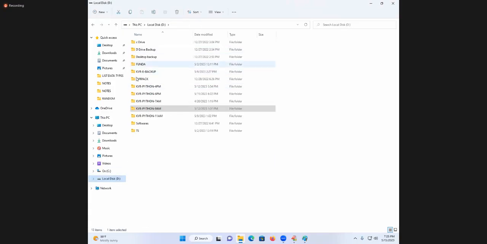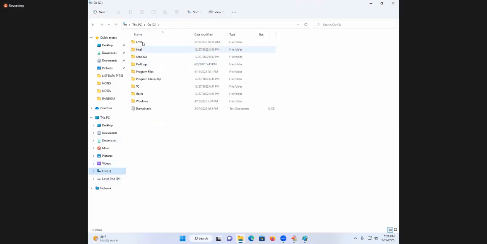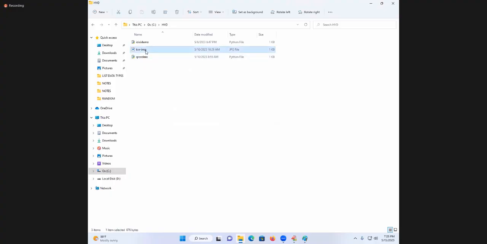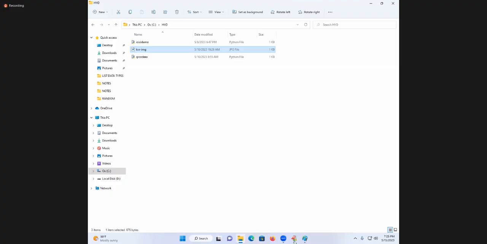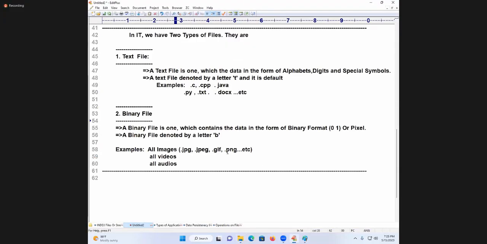Last time I used to teach you one QR code example. This QR code is coming. What is this QR code? Binary file. If you scan it with your mobile, you will get some message inside. There is an image or not? Yes, it is an image. If you scan it, you will get some type of message. How to write the code for it? I'll come to that picture, I'll come to which file it is. That's all. Understand, students? Easy or difficult?